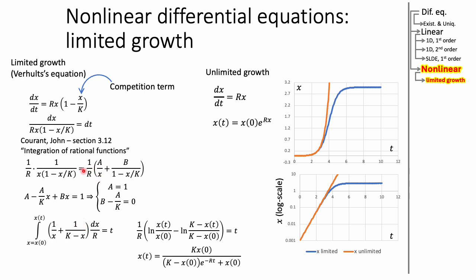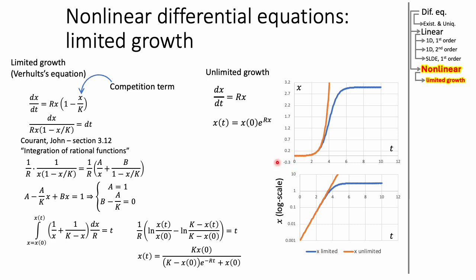We can therefore represent the original quadratic ratio as the sum of the first order ratios, and the integral of the first order ratios we know. It's written in the list of integrals in every calculus textbook. So this equation here turns into this equation here, and then once these two guys are integrated, x of t can be reconstructed by just using some elementary arithmetics,